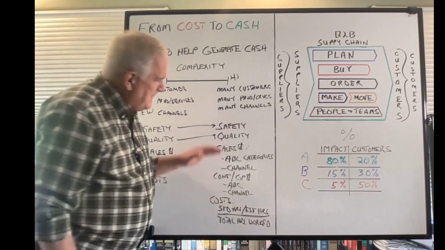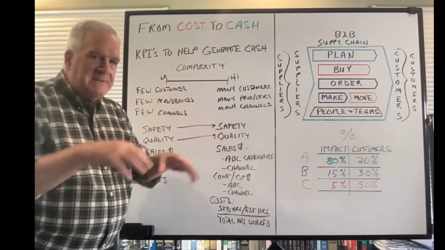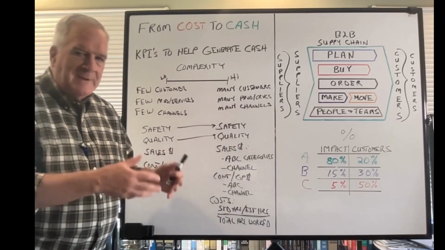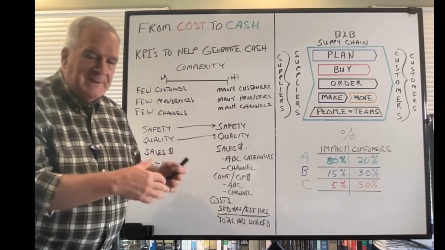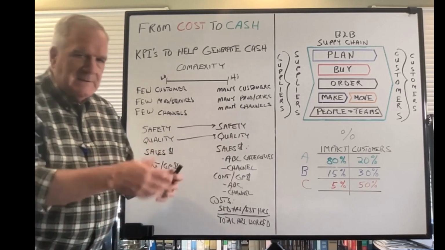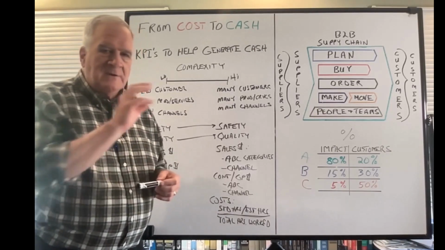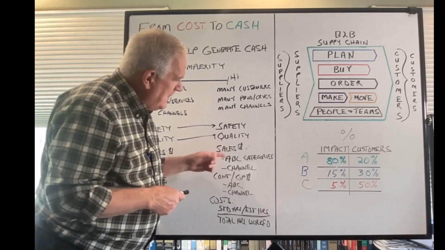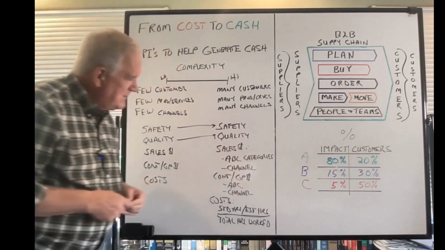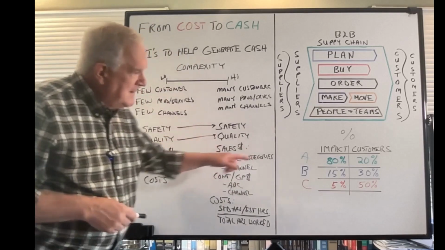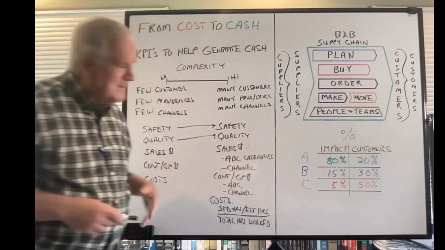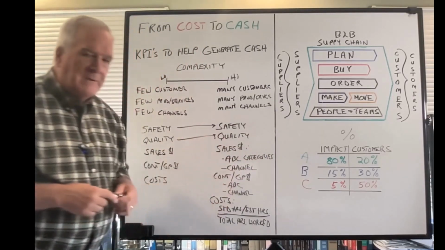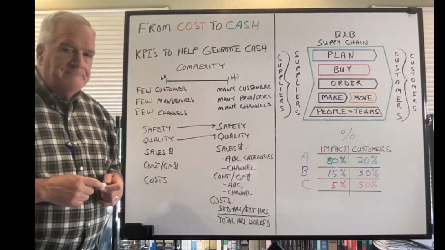So those are some examples of where you can see down into the moving parts of your business and get a good feel for what's going to be happening each week, and weeks put together into a month, months into a quarter, and gives you a good look ahead to see where are we heading. Are we heading in the right direction? What kind of impact are we going to have on our contribution? Are we aiming at the right customers, at the right channels, at the right products? All those things you can start to see in here pretty quickly if you measure them correctly.